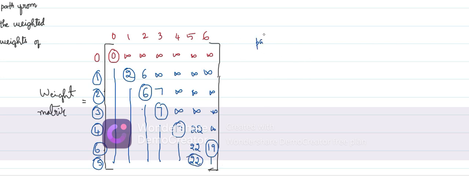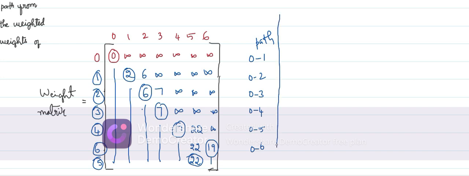Okay, let us consider the path. So 0 is the source vertex, 0 to 1, and 0 to 2, and we have 0 to 3, and 0 to 4, 0 to 5, and 0 to 6, right? So these are the paths, and we have to choose the minimum path for this, that is the shortest path, right? Okay, so from 0 to 1, the minimum shortest path weightage must be 2, right? So you have to choose a shortest path like that,